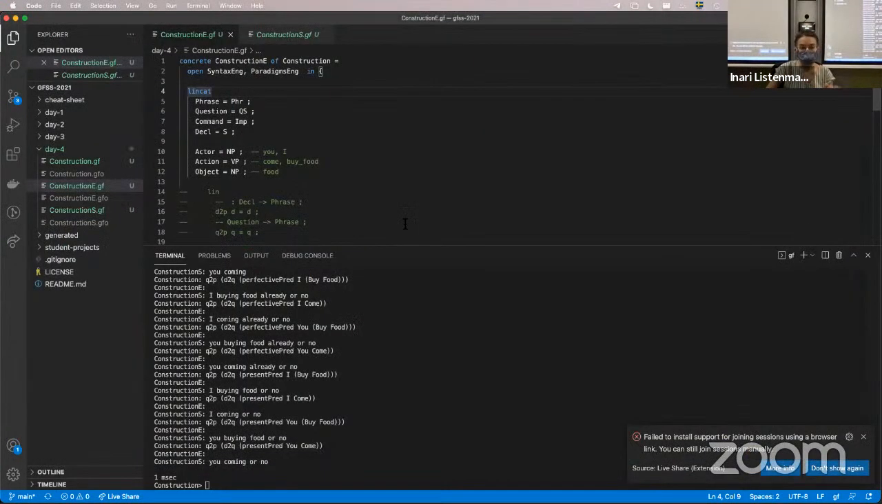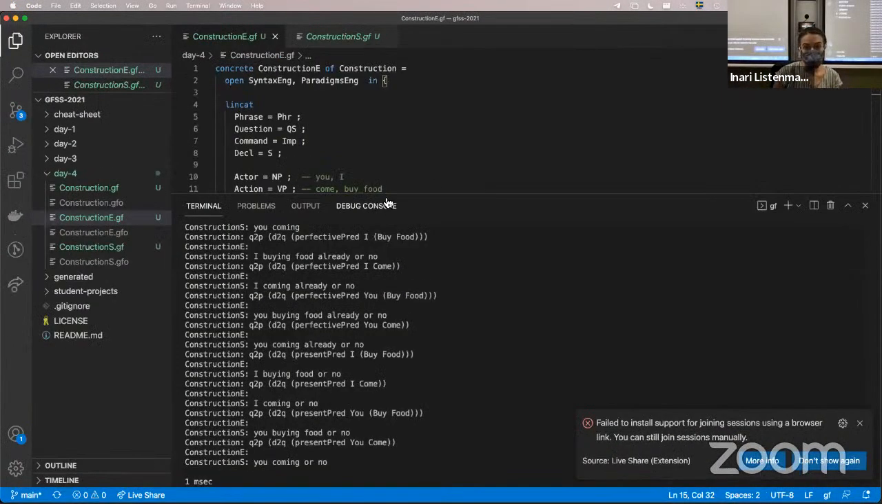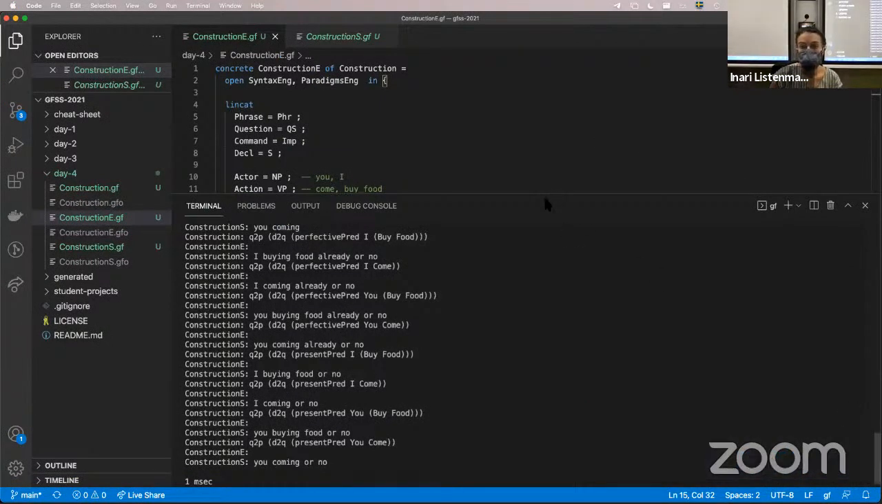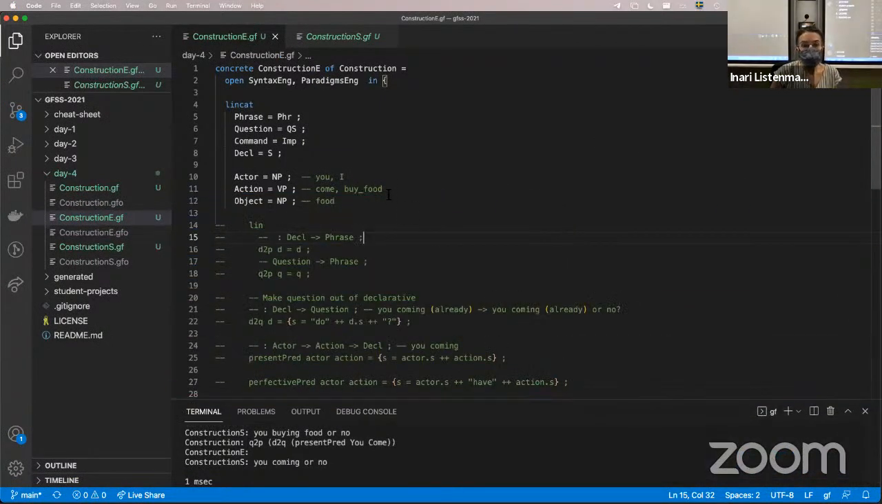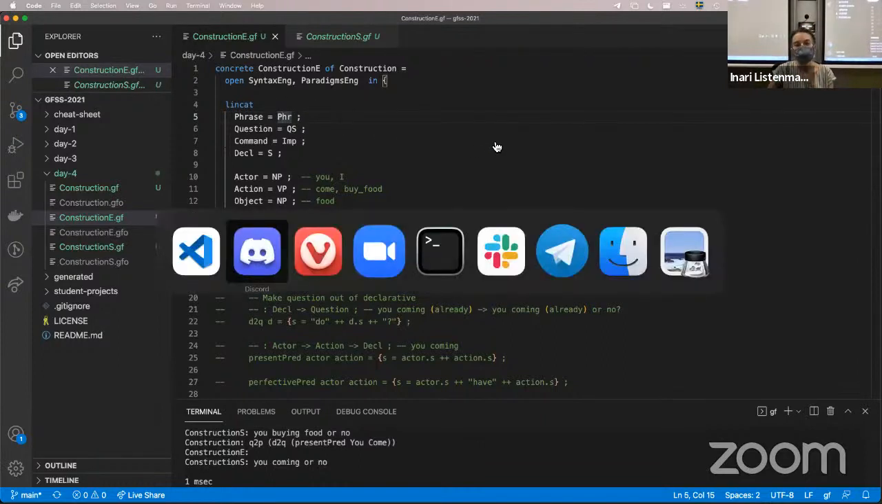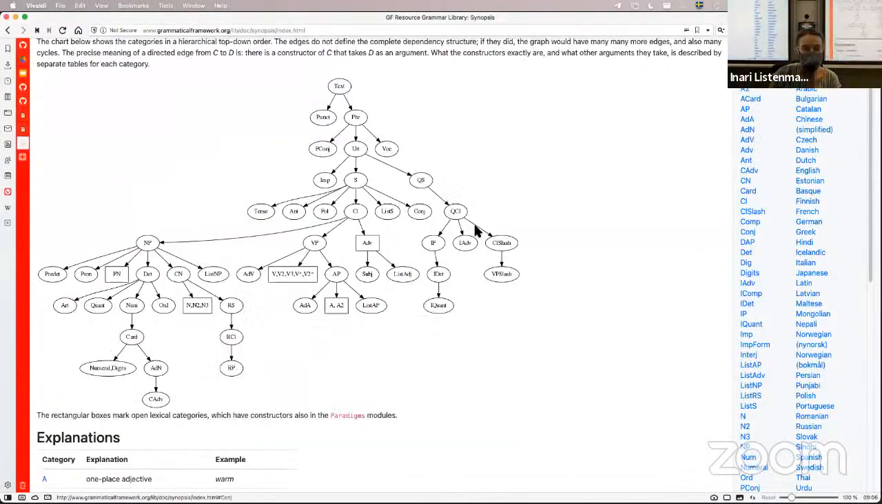Any comments, questions, ask on Discord, Zoom, anything. Okay, so I got started with filling the categories. Maybe the question is, how did I know what categories to use? And the answer is because I know the RGL. But for those who don't know the RGL, we have